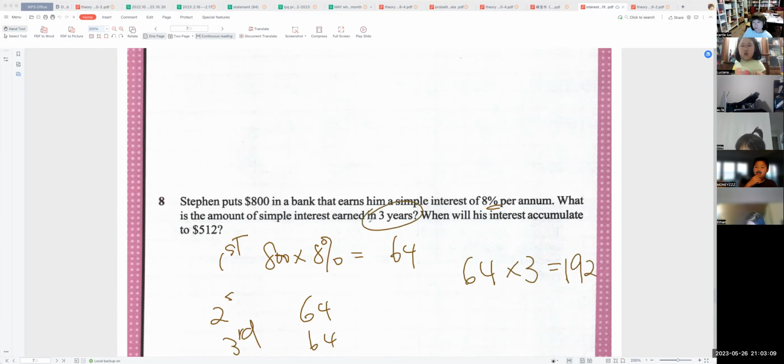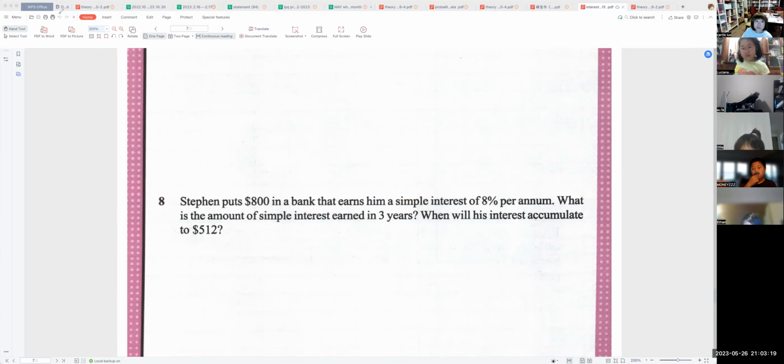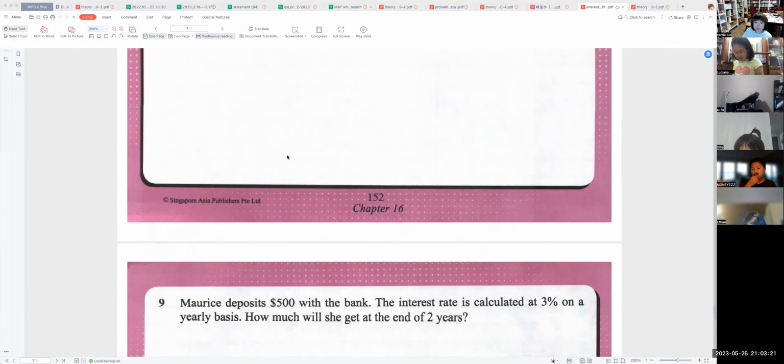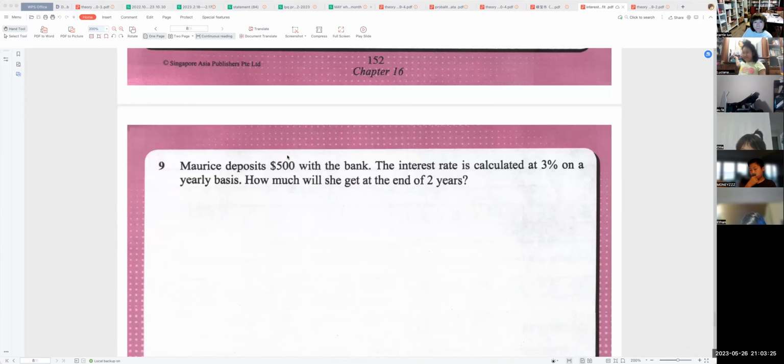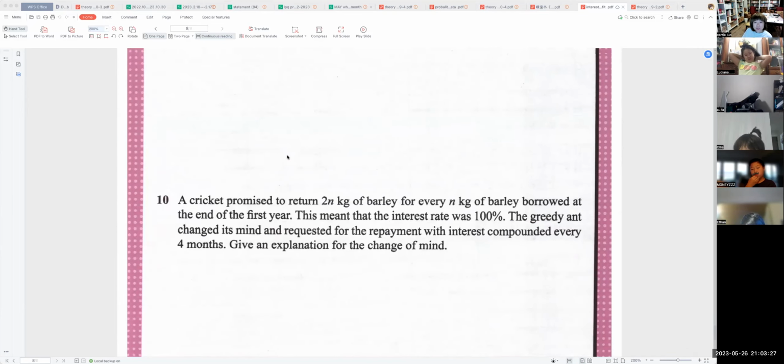That is the 3 years. Now, when the interest accumulated is 512, the 512 divided by 64. 可以了，对不对？好，会做了啊，对不对？虽然我们这个没有讲的很多，但是我们前面已经讲了。